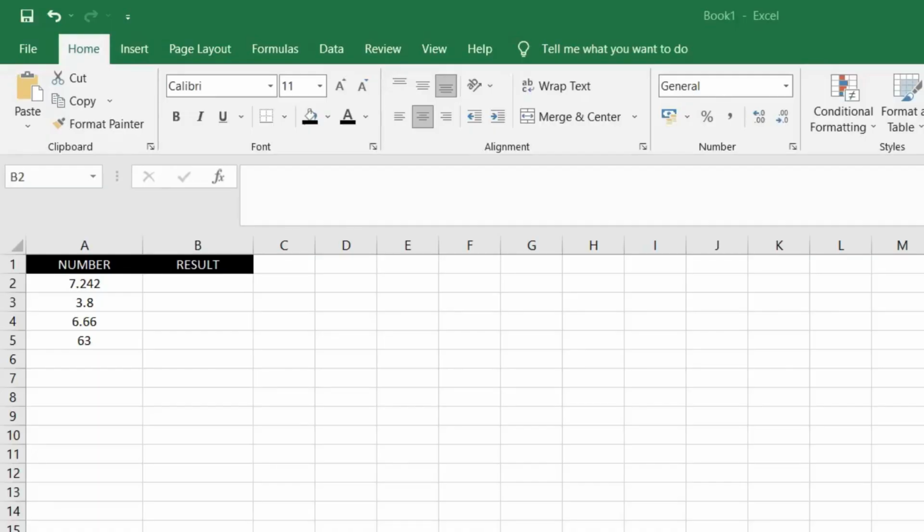Hi. In this video we will understand how to round up a number away from 0 to the nearest multiple of significance. We have the given values we want to round. We will specify the multiple to which you want to round. To round 7.242 up to the nearest multiple of 0.1,